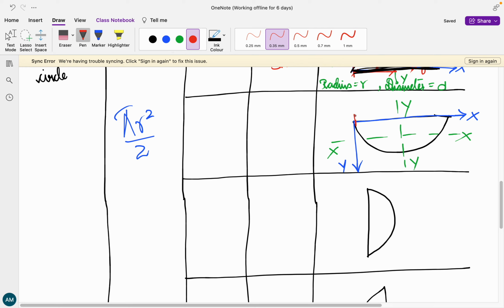This distance is going to be x bar, and then this distance is going to be y bar. So the y axis divides the given semicircle into two equal halves, so x bar is d divided by 2, and then y bar is going to be 4r by 3 pi